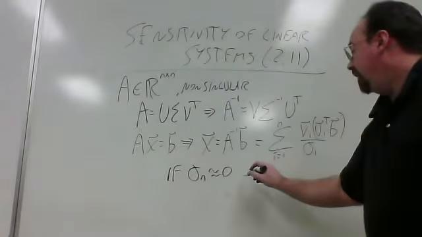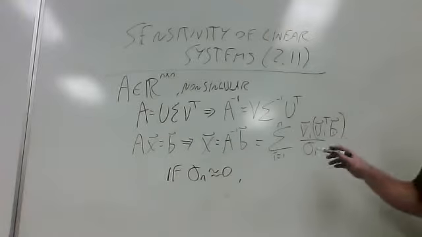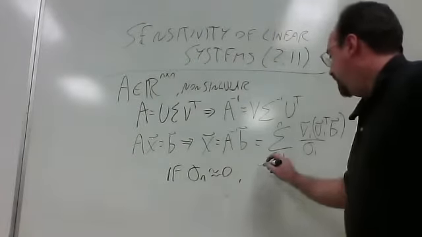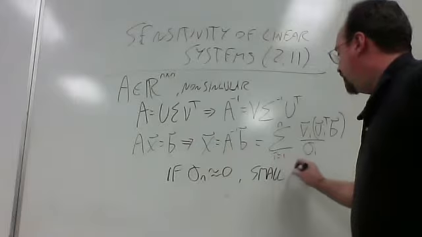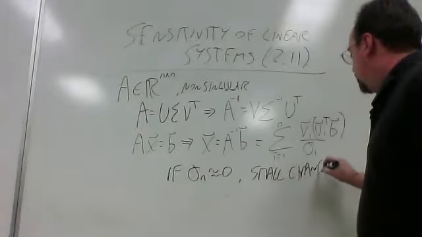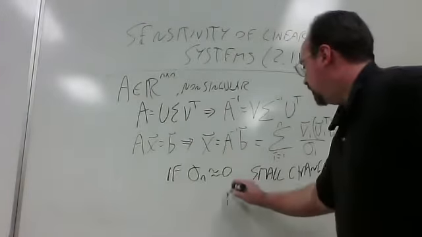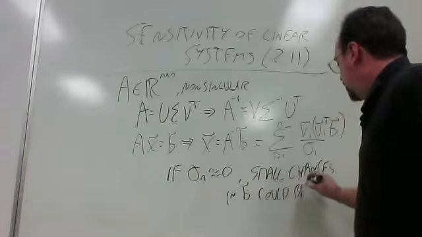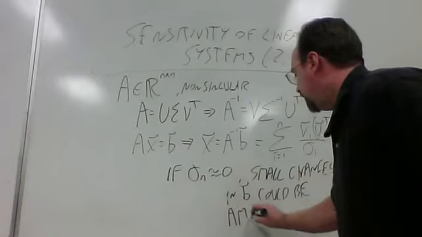Then, because it's small, what could happen if I make a small change in the right-hand side vector b? Well, what could happen is small changes in b could be amplified